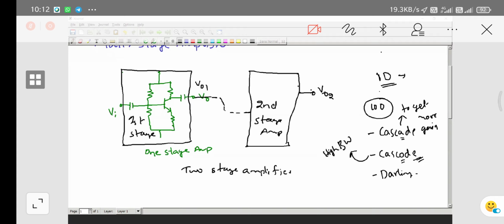So to get more bandwidth, we are going to use the cascade connections, right? It means we are going to take different types of amplifiers and connect them in the cascade connection. Coming to one more requirement, for example, when a customer requires more current gain, in that case we are going to suggest this third connection, the Darlington pair connection. This type of connections we are going to use in the multi-stage amplifiers.